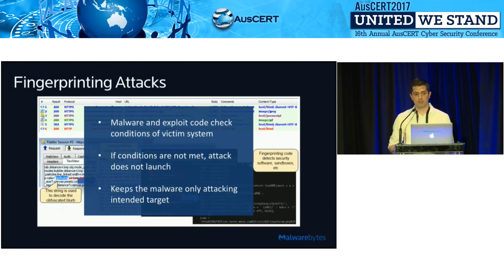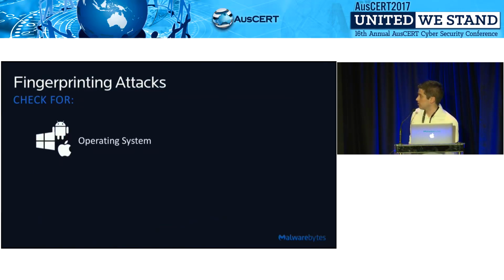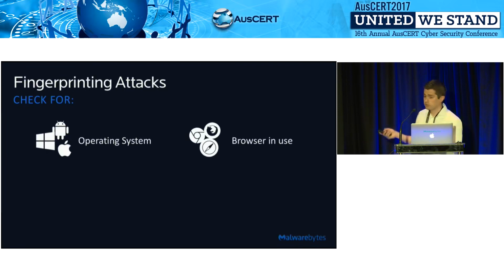So we're seeing a number of techniques being employed, not just for the delivery of malware using exploitation, but actually using even intended functions of applications on a machine and the operating system function. Fingerprinting attacks check for specific operating systems, and browsers in use, not just the major browser vendor, but also specific versions and subversions.